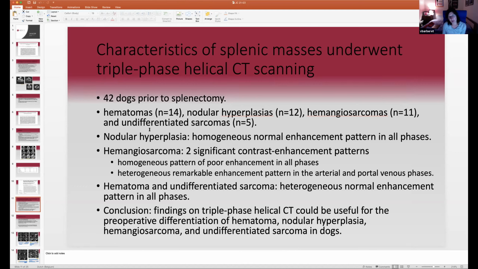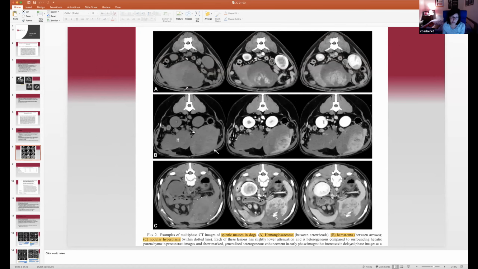So this one, I thought the criteria they used were a bit weird, but basically they mentioned the enhancement as poor enhancement, normal enhancement, and remarkable enhancement. So I think those were their three criteria. I thought they meant iso, hypo, and hyperattenuating to the rest of the spleen, but I will go back to that, because what they call normal enhancement, I'm not sure I would have called normal enhancement. But basically they found that nodular hyperplasia all had a homogeneous normal enhancement pattern. When you think that in the case before, the nodular hyperplasia was quite heterogeneous here. So, well,